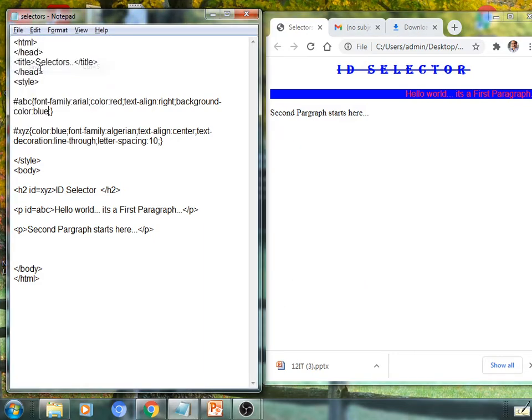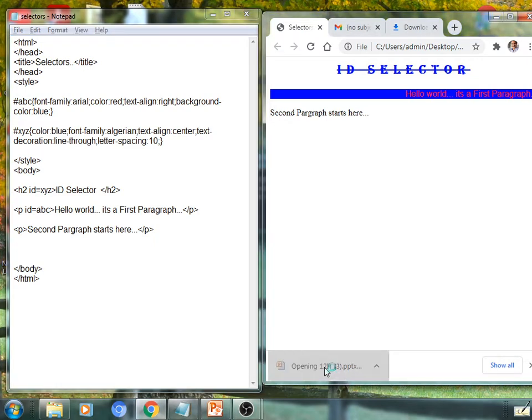After this we will observe the class selector, which is nothing but a specified word as well as a selector, which starts with a dot, that is nothing but a period.